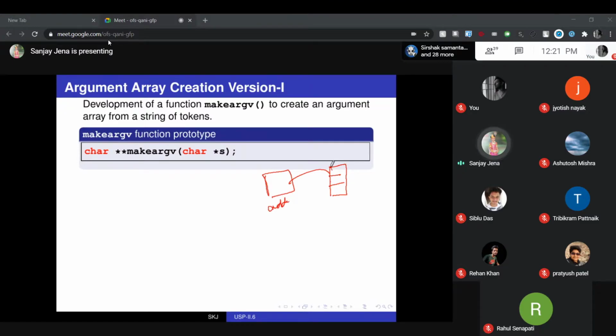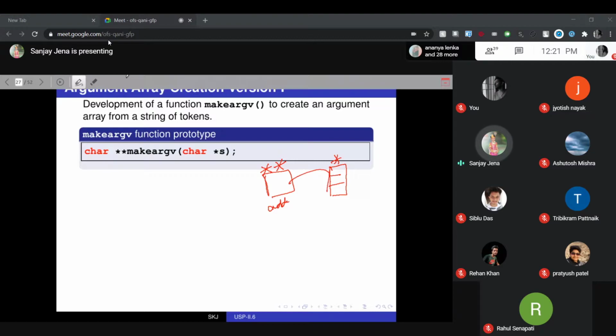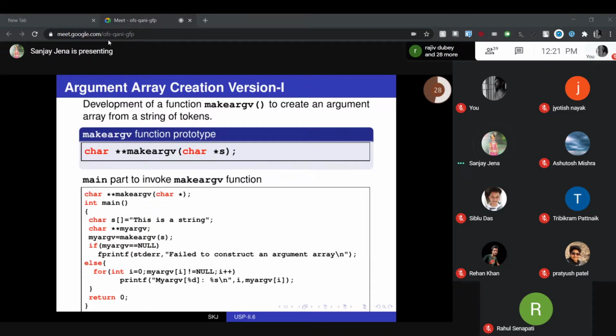Look, an array itself is a pointer, and you are sending its address, which is one more level of star, that is double star. Done? Yes, sir. Now be ready. I am supplying you the main part of your make_argv function. You have to make it, version 1.